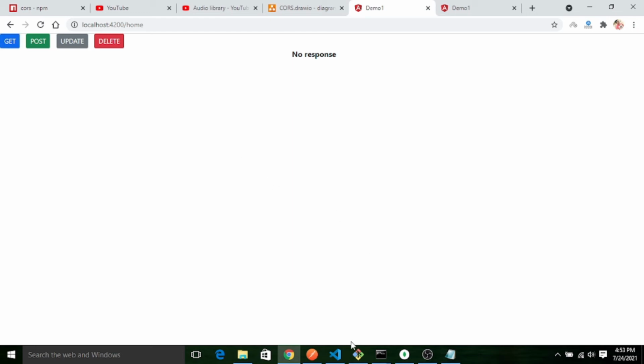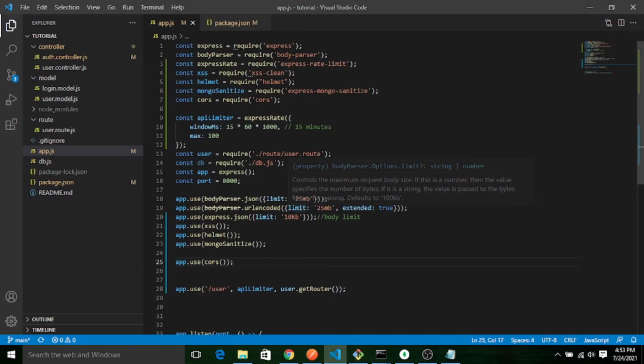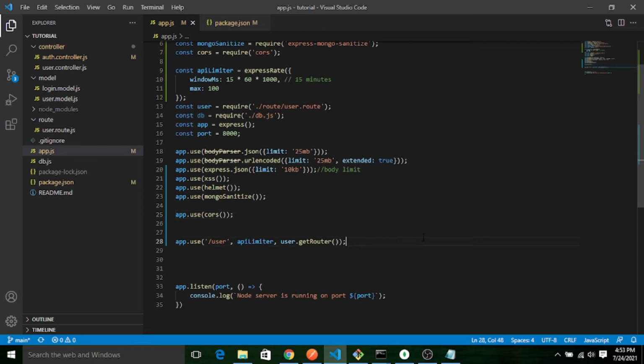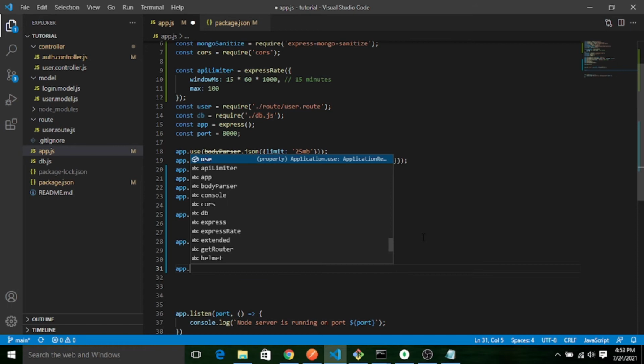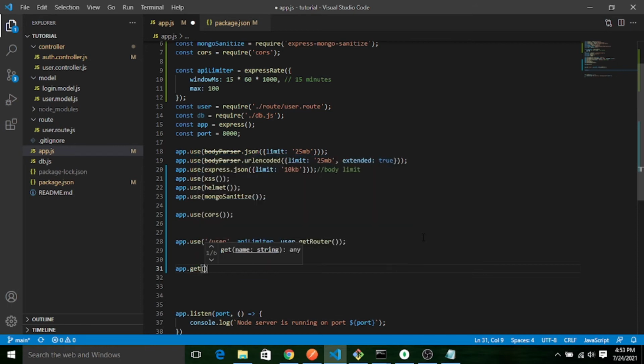Okay, no problem. So before that, let's create the methods. Let's say app dot get.